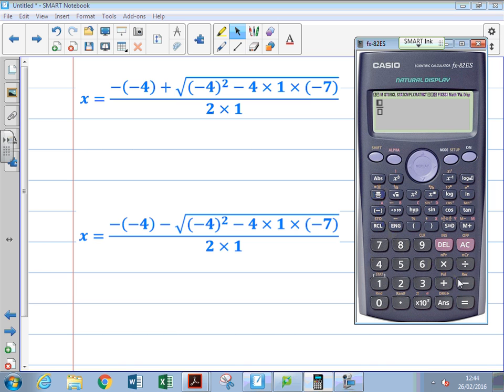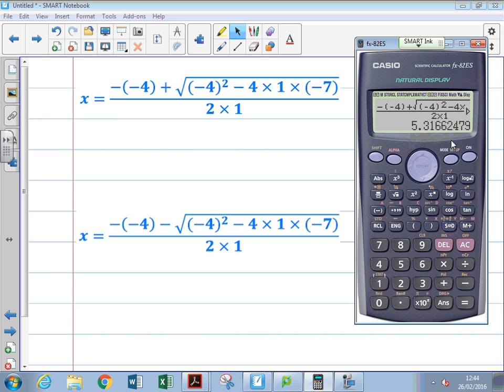So we'll need minus, remember I'm going to put this in brackets, minus 4, plus the square root of, so we'll have minus 4 squared, minus 4 times 1 times minus 7. And you'll see that every time I have a negative, I keep it in brackets. And then this is 2 times 1. So our first answer will give us